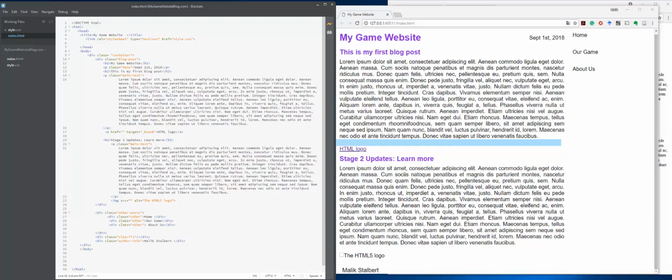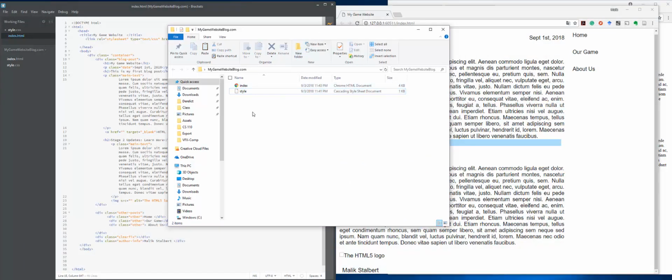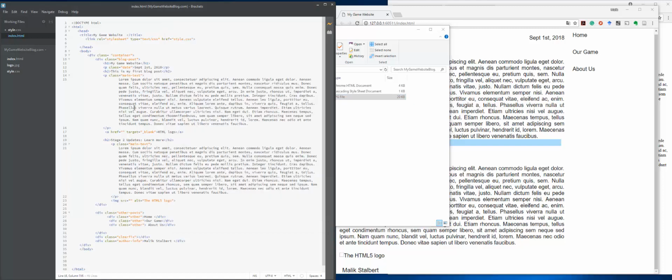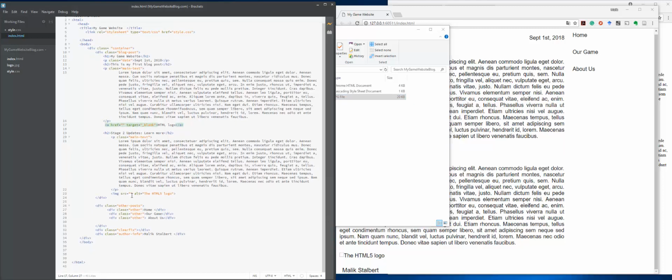So I'm going to go ahead and open up the website itself, which is the folder. And I'm going to paste an image in there called logo. Now over here I have this right here. That's a link. But down here I have this HTML5 logo. And I'm just going to go ahead and type